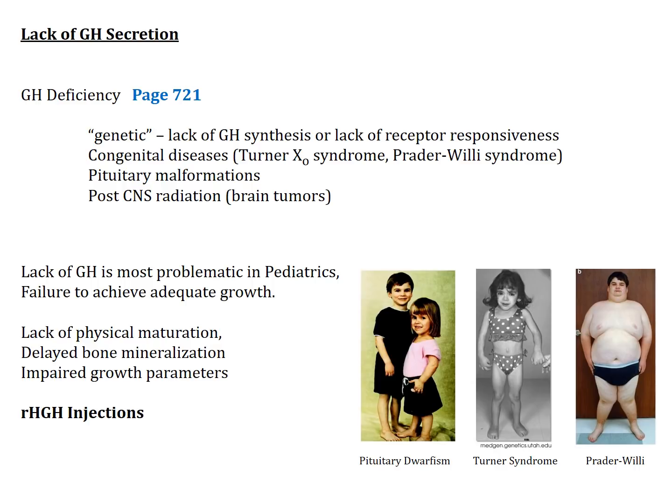Recombinant human growth hormone means these individuals are getting injected with human growth hormone which has been synthesized in a lab. We are not farming humans, sucking the growth hormone out of the human and then injecting that into another human. That would make for a very interesting science fiction novel. But we don't do that in real life. We use recombinant human hormones. You'll hear more about that in Unit 5. So just hold on.